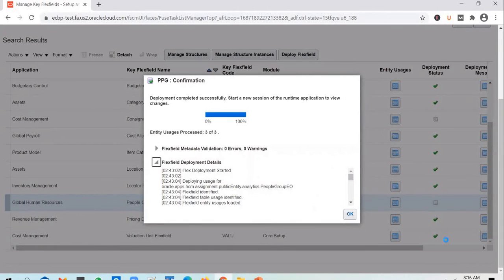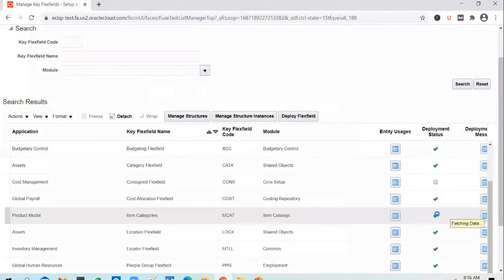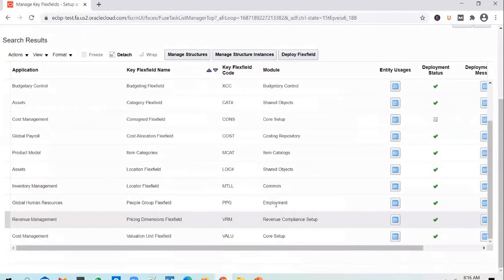Okay, it's completed successfully, and you should see the status getting changed to green now.